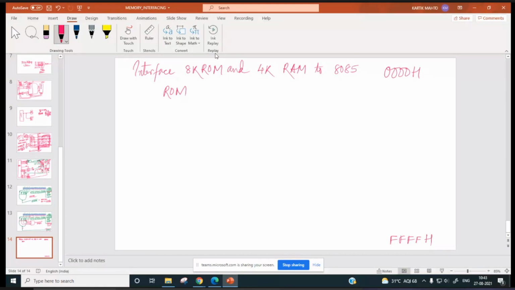Sir, in ROM we store the instructions beforehand, so we cannot change it afterwards. Whereas in RAM, it keeps changing. So we allot a particular size and we store the instructions in ROM in the starting so that we can access them easily. Once again, can you repeat? I'm just increasing the volume because some noise is there.